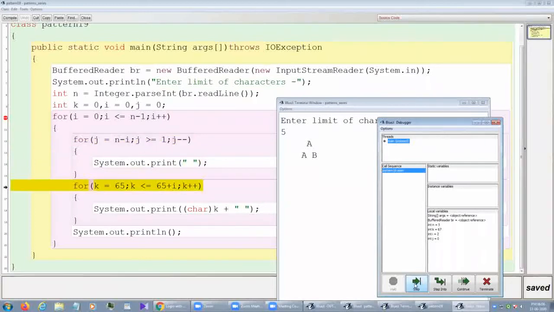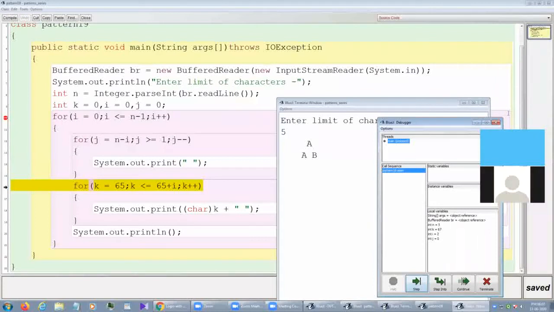The value of i became 2. 65 to 65 plus 2, 67. 65, 66, 67. 3 times this loop will iterate and print ABC.